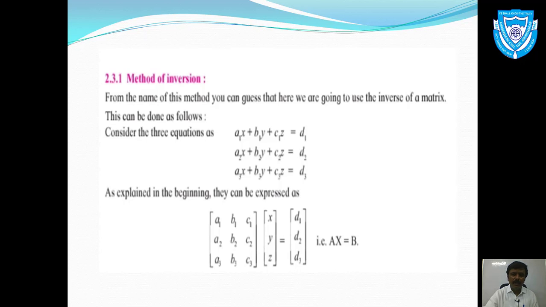We have taken them as a column matrix, which is equal to, now what are the constants in the equations? d1, d2, d3. So even these three numbers we'll write as a column matrix only, which is equal to B, that is d1, d2 and d3. This is how we can convert the given system of linear equations into AX equals B form. I'll repeat, capital A means matrix of coefficients of variables, capital X is equal to matrix of variables and capital B is equal to matrix of constants.